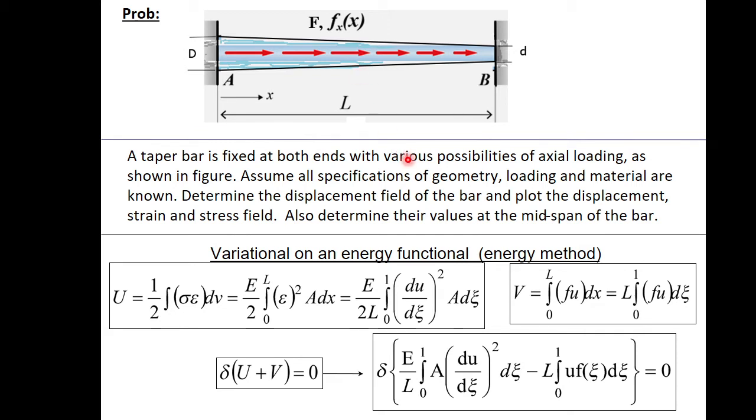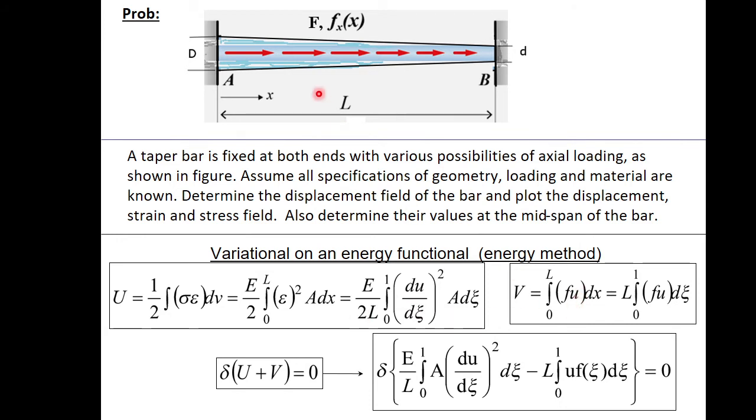Now, what is the associated strain energy and work done here? The strain energy will come from stress and strain. This we have seen, sigma is epsilon into E. So this is becoming E by 2 epsilon square, and simply for this problem epsilon is du dx. Okay, only. So this is our U. What is V?